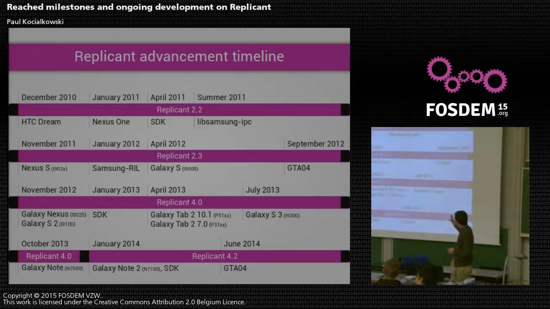We started adding support for it in September 2012, but we kind of gave up. I kind of gave up midway, and you can see that back in June 2014, I started to work on it again. So I'll just detail that in a bit. And along the way, we added support for new versions of Android. So we went from 2.2 to 2.3 to 4.0 to 4.2, each time adding new devices. So at this point, we have a good number, I think 10 or 11 or 12 different devices supported.